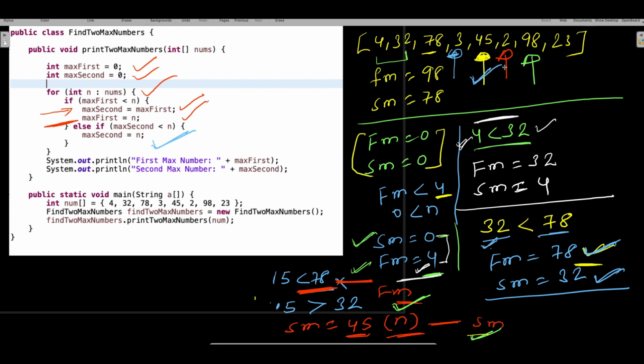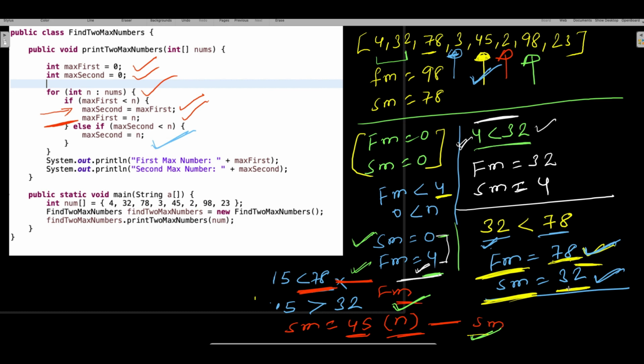When the number was 45, before that my first index was 78 and the second was 32. In this case my first max will not have any impact. Only my second max will change, because the number is in between 78 and 32.